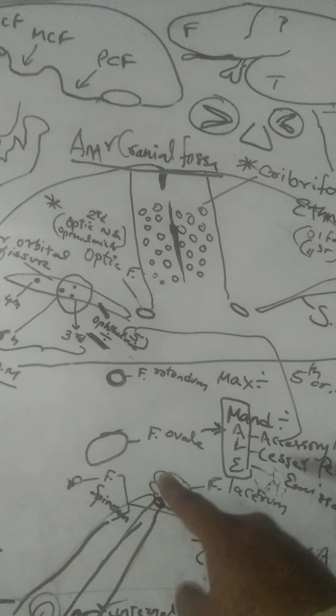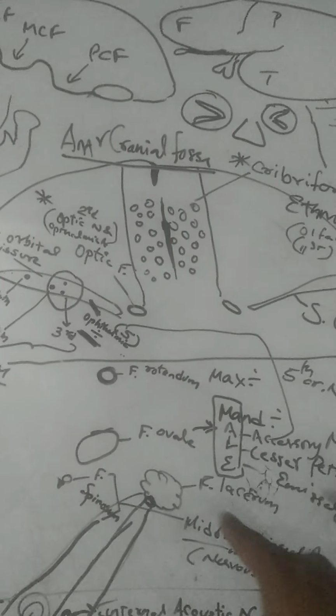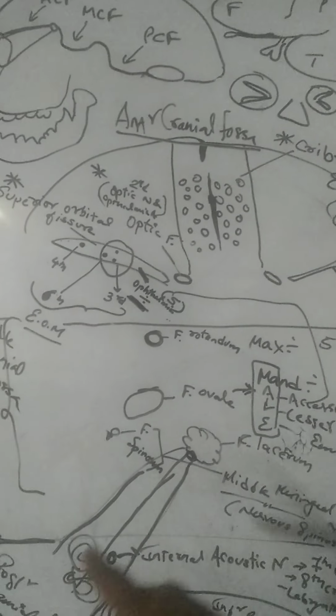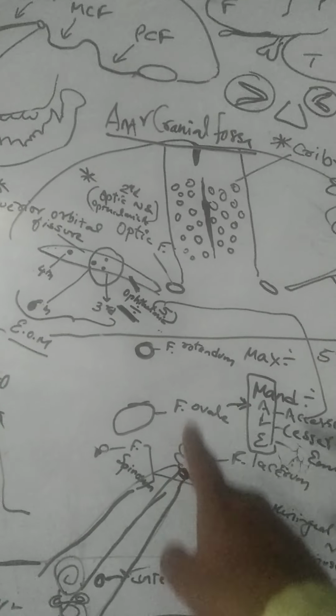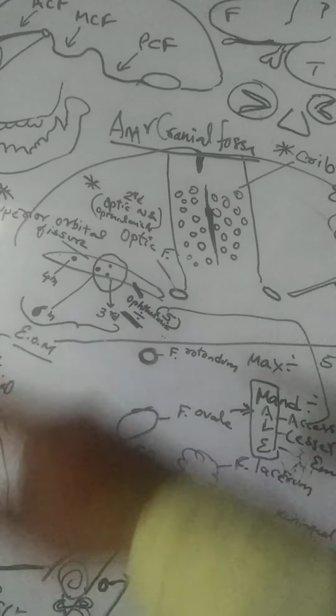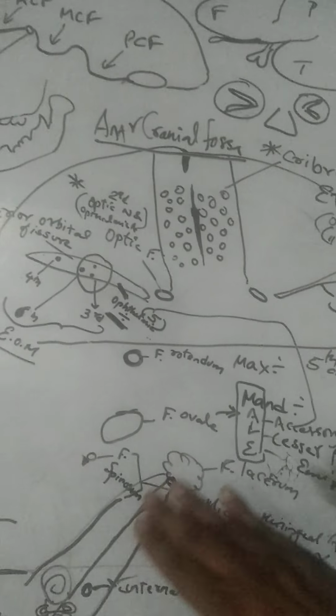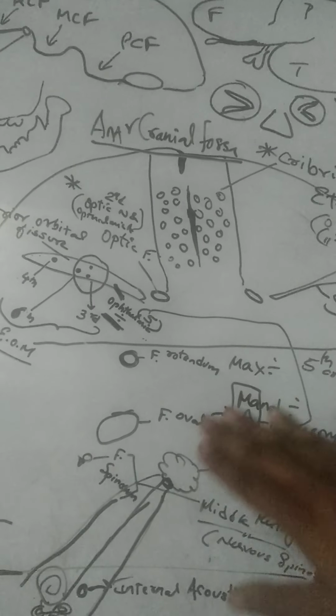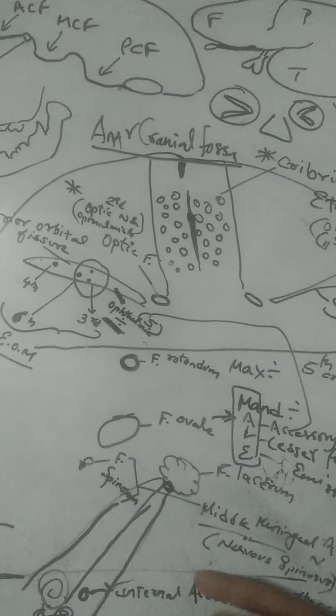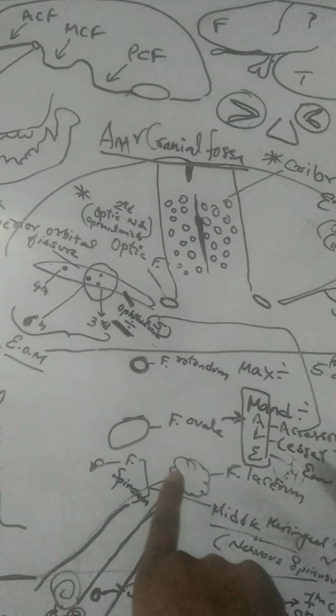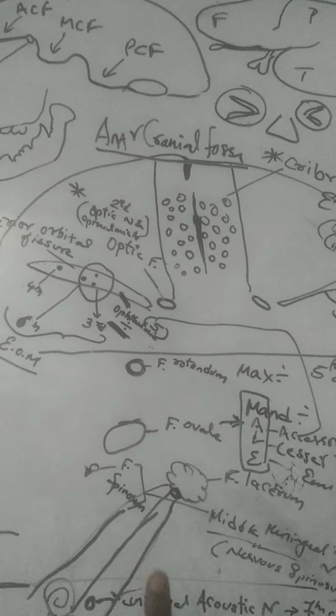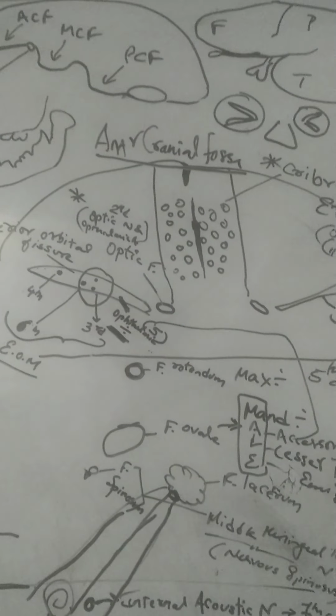Another foramen is there. It has ragged edges. It's called the foramen lacerum. It is at the apex of the petrous part of the temporal bone, at the junction between the body and the greater wing of the sphenoid. Through this, nothing important passes. It's covered by cartilage. Some emissary vein may pass, but the carotid canal will be opening above this foramen lacerum. So the ICA, the internal carotid artery, may pass in the upper part of the foramen lacerum.